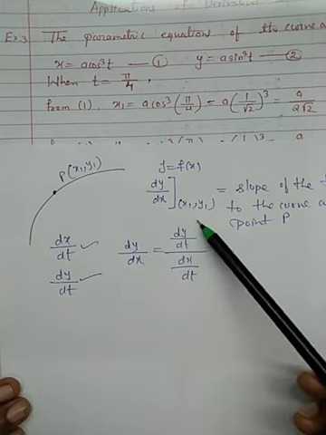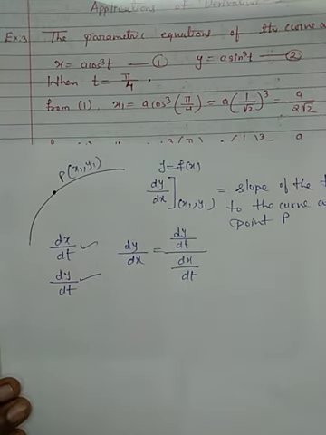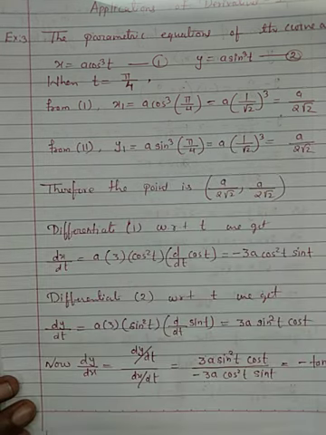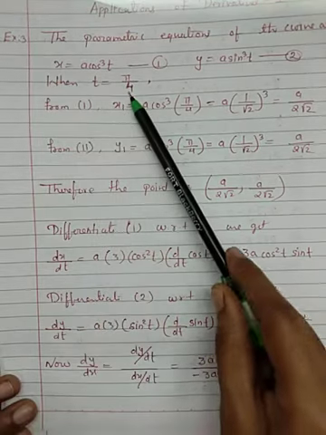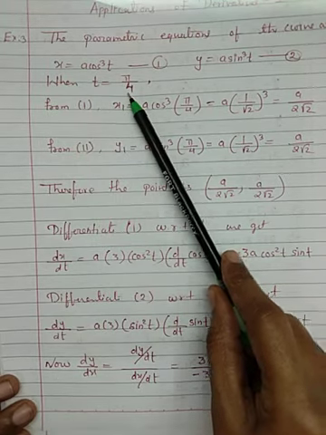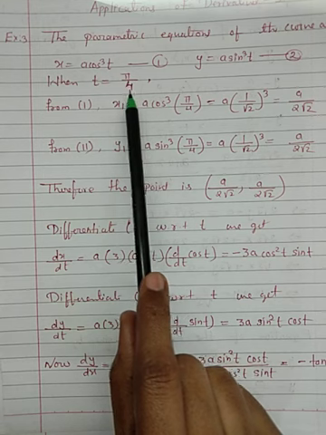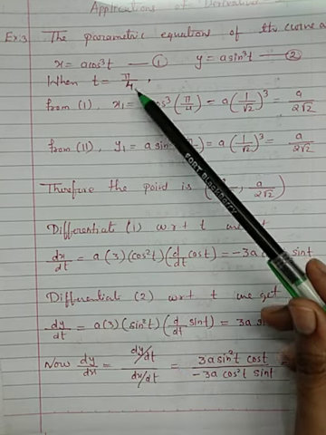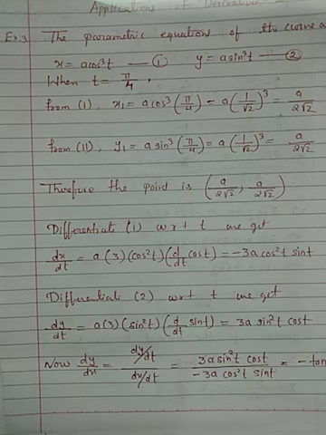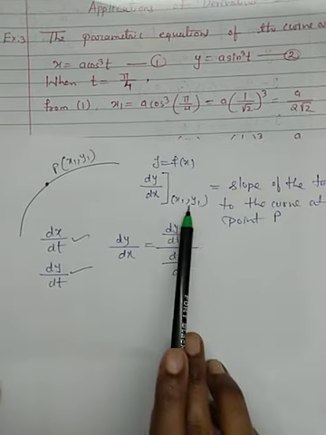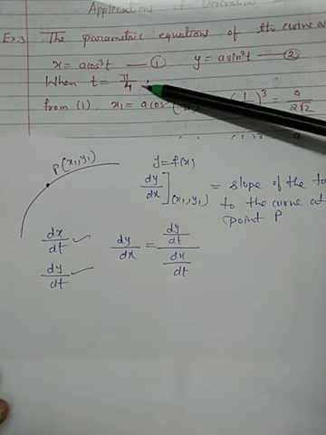Are we given x1, y1? Are we given the point over here? Just think about it. We are not given the point directly, but what have they given? Find the equation of tangent and normal to this astroid curve when t equals pi by 4. This t equals pi by 4 will help us find the corresponding point where we want to find the equation of tangent. Are you getting my point? That means to find x1 and y1 we will use this t equals pi by 4.